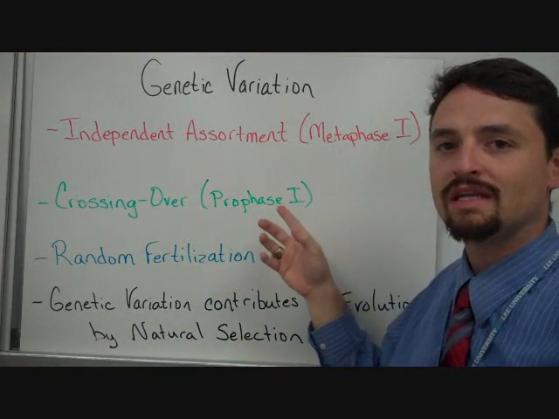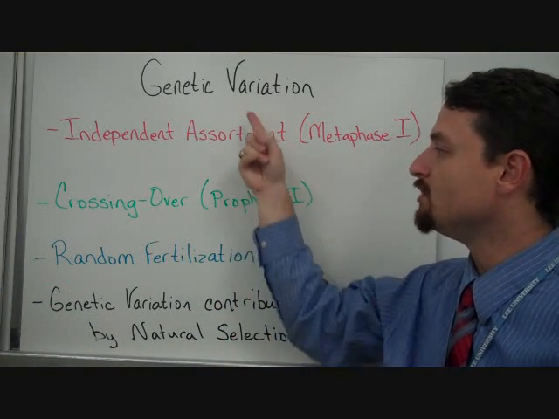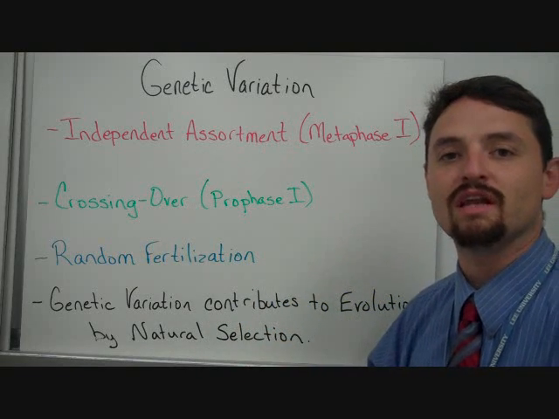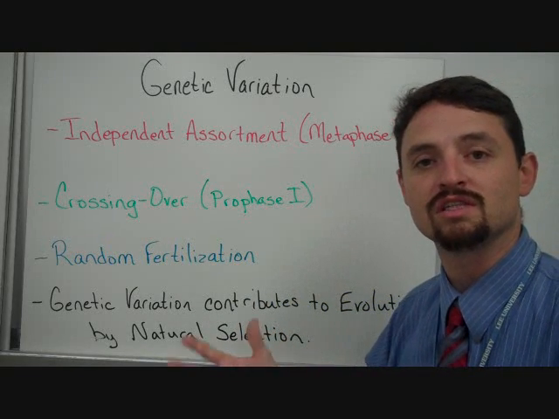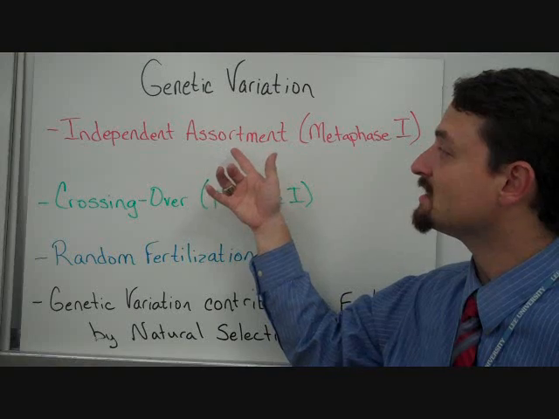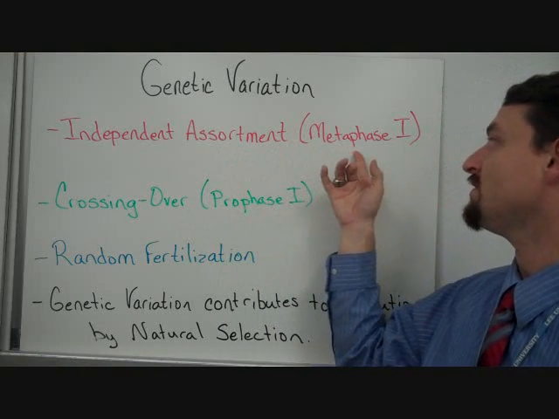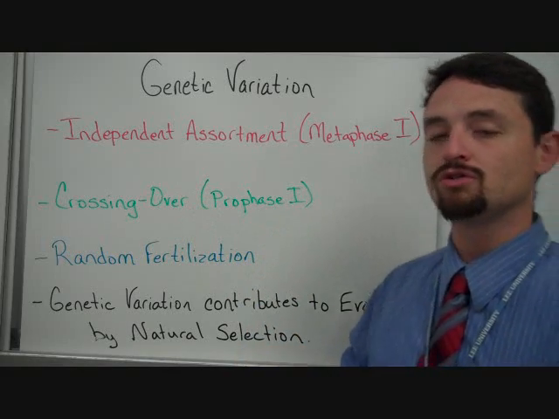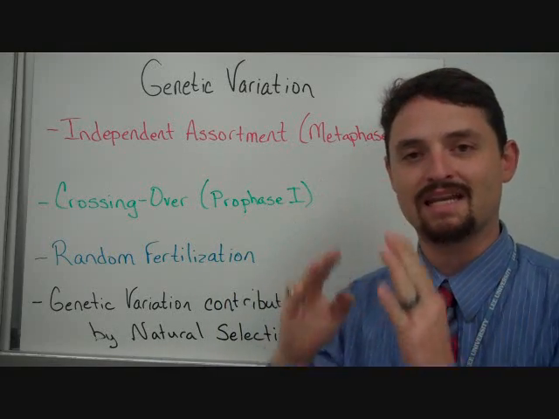Meiosis leads to this term that I've already used once called genetic variation. There are 3 different types of genetic variation that are expressed or seen in meiosis. The first is independent assortment. This is in metaphase 1, and you can go back and look at metaphase 1. But when those homologous chromosomes are lining up beside each other,